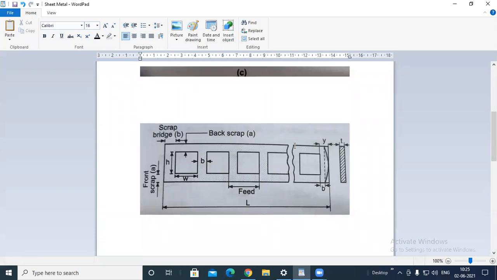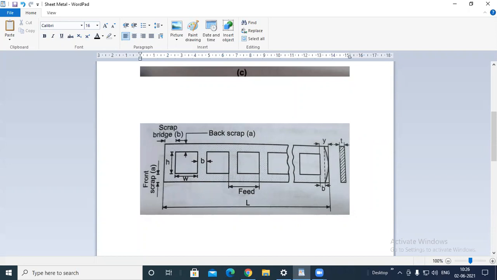Also, in the previous lecture I told you the difference between sheet and plate. Today I am once again going to repeat it, because it is important. Many times it will be asked: tell us the difference between sheet and plate. At that time you are supposed to say that if the thickness of the metal is less than 5 mm, then it is a sheet, and if the thickness is more than 5 mm, then it is a plate. I am repeating because this is the most important factor.